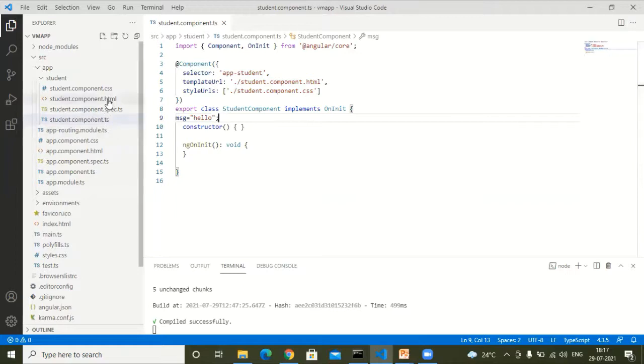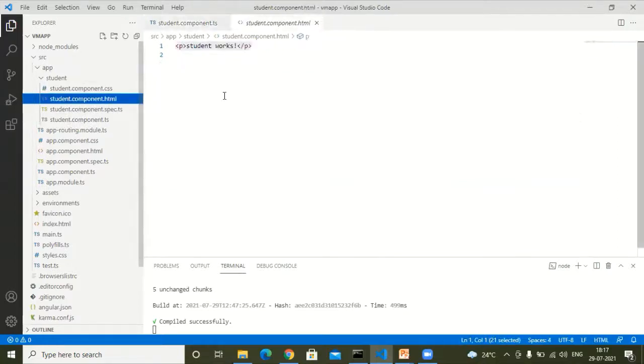Yes, inside your HTML file. So after declaring the variable inside your component.ts file, you have to go to the component.html, specifically students component.html, and there you have to display what? The variable. Which one? The message variable.